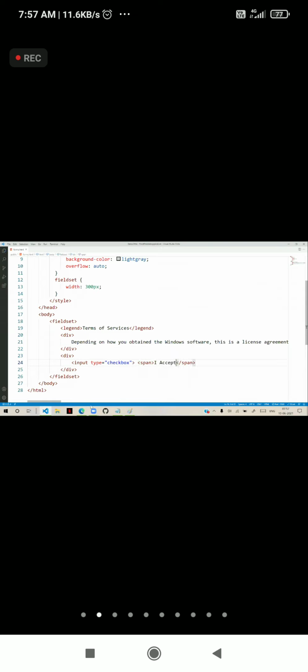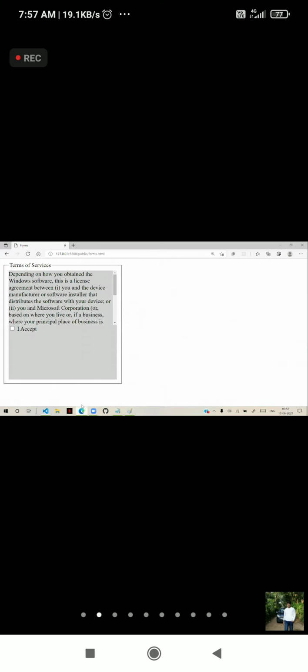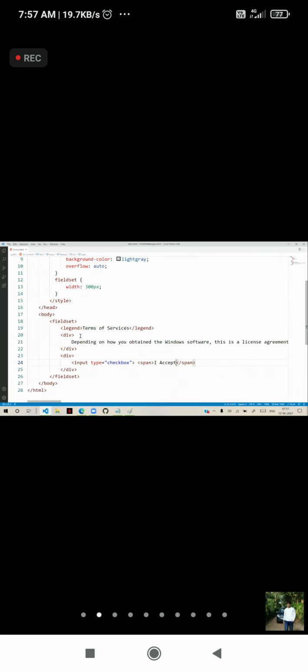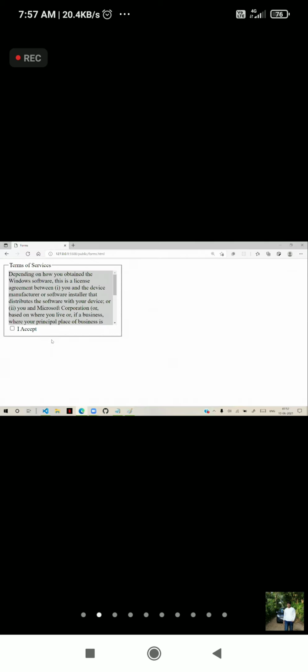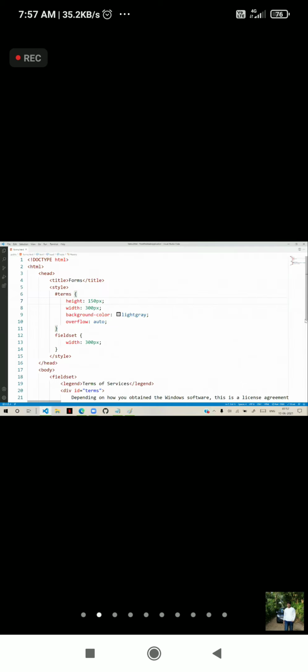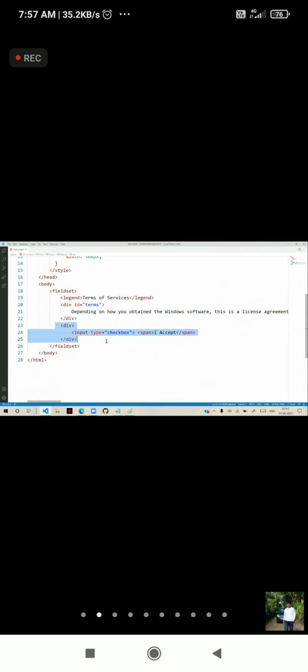Now this is the checkbox and I accept, and I want to keep this checkbox below. For the div, I will give ID as terms, so that every div will not be in the same way. Now I can shift this below the fieldset also, so it will be this way.